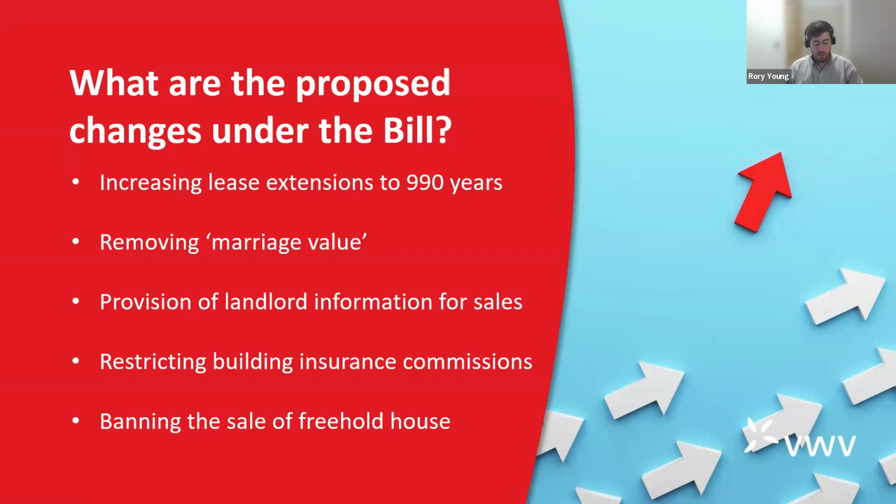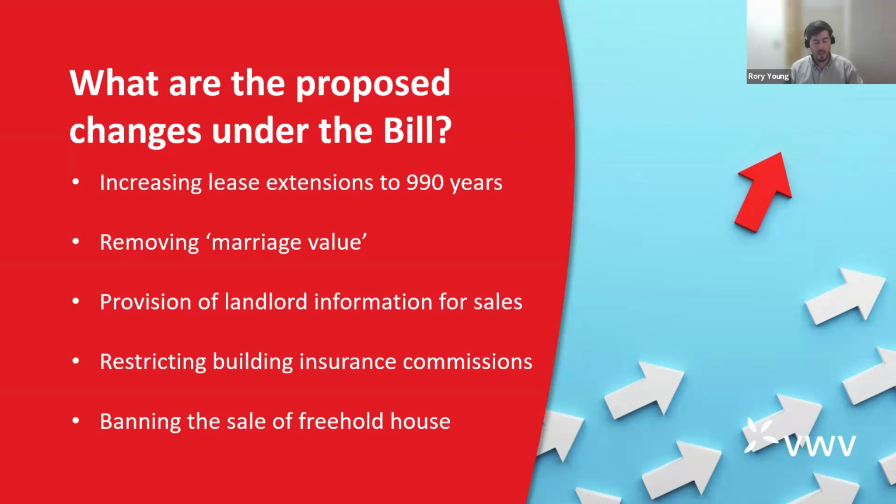Secondly, removing the so-called marriage value, which makes it more expensive to extend leases when they're close to expiry at 80 years or less left on the lease term. Thirdly, requiring landlords to provide property information to tenants within certain timeframes when a tenant requests this in order to sell their property. This is to reduce delays many have experienced during the conveyancing process, trying to get information from